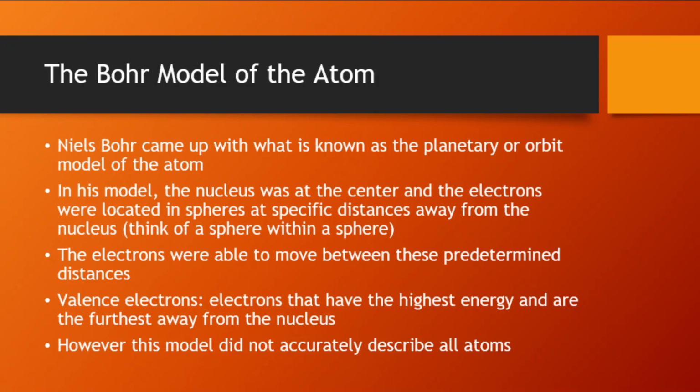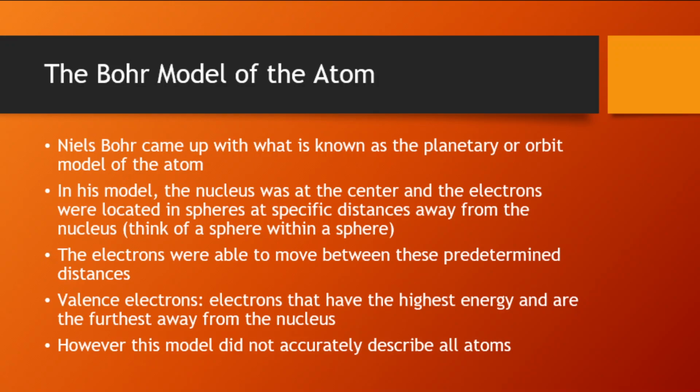The valence electrons are the electrons that have the highest energy and are the furthest away from the nucleus for that particular atom. These electrons are the ones that are most responsible for chemical reactions and bonding